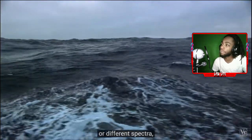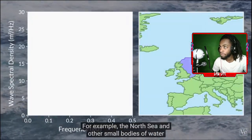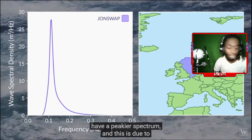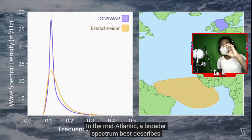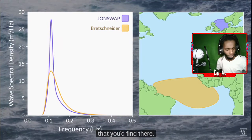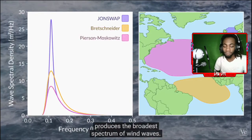The oceans of the world have different frequency ranges or different spectra, depending on their geography and the types of storms that occur there. For example, the North Sea and other small bodies of water have a peakier spectrum, and this is due to the limited fetch of storms that occur there. In the mid-Atlantic, a broader spectrum best describes the developing or decaying open ocean waves that you find there. And in the North Atlantic, wind across an open ocean produces the broadest spectrum of